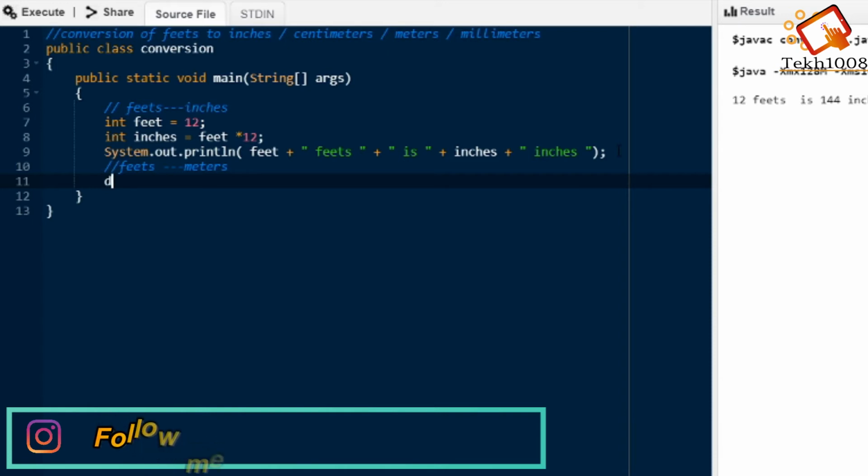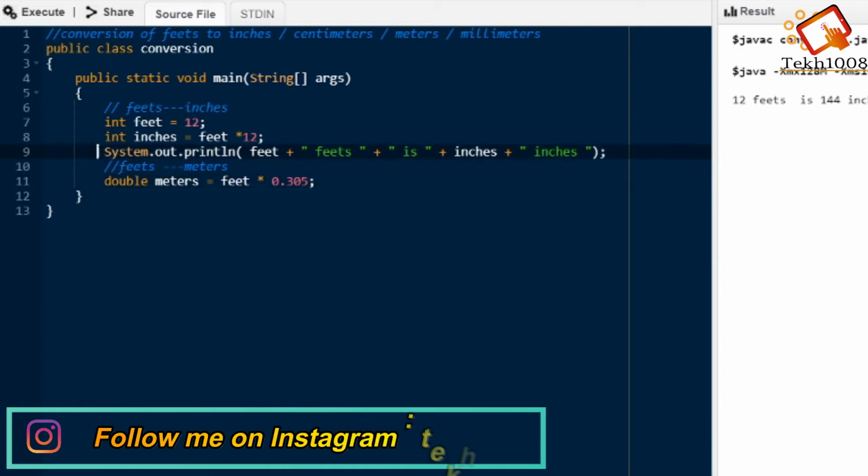So double meter is equals to feet into 0.305. Okay, now we will print this.